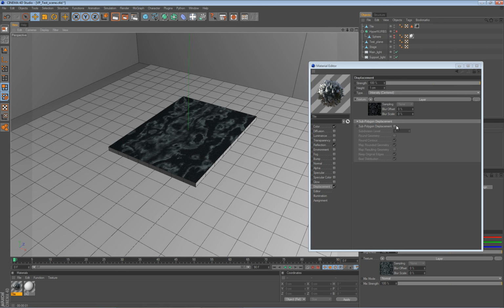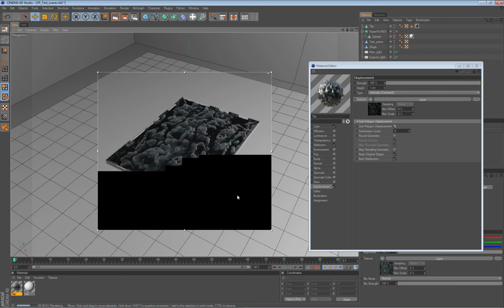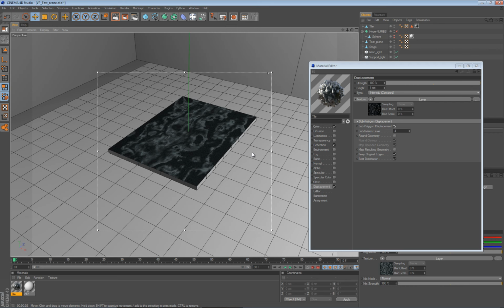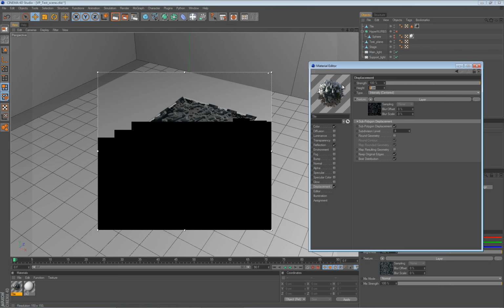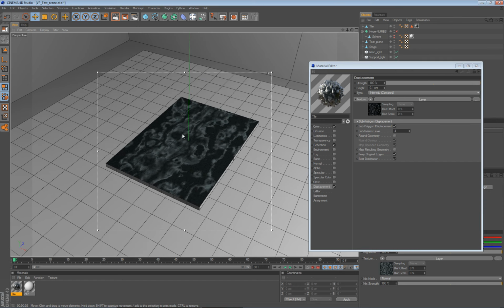Let me do a subpolygon displacements, and I can hopefully use as a little subdivisions level here, because they really add to render time. And I don't want to round the geometry, since this tile has to stay in cubic shape. Let's see what we get now. And we get a really high displacement, just as I expected. And we will tune down this to something like 0.1. So we have somewhat